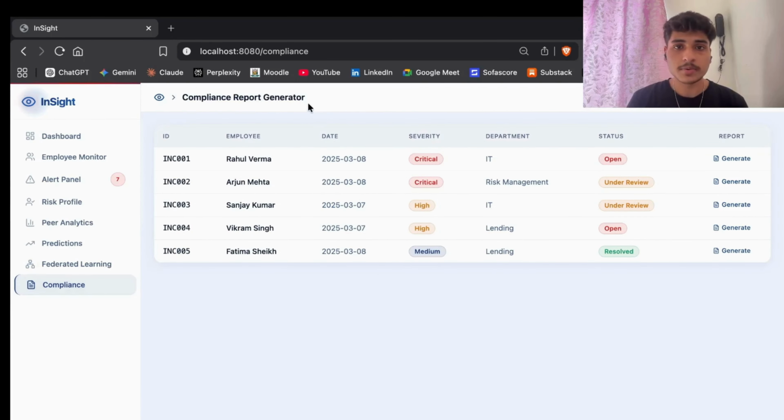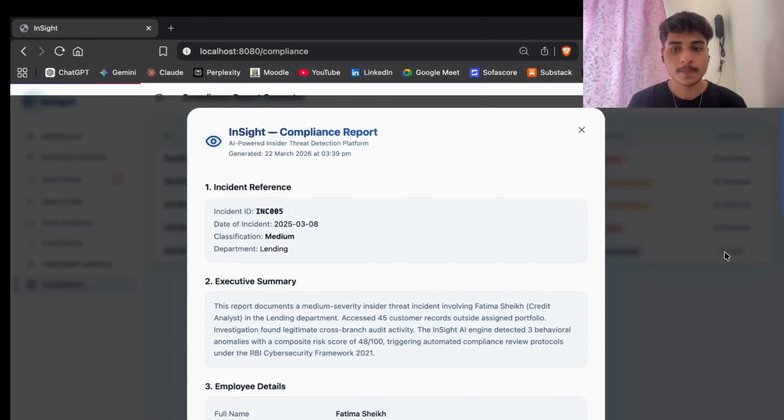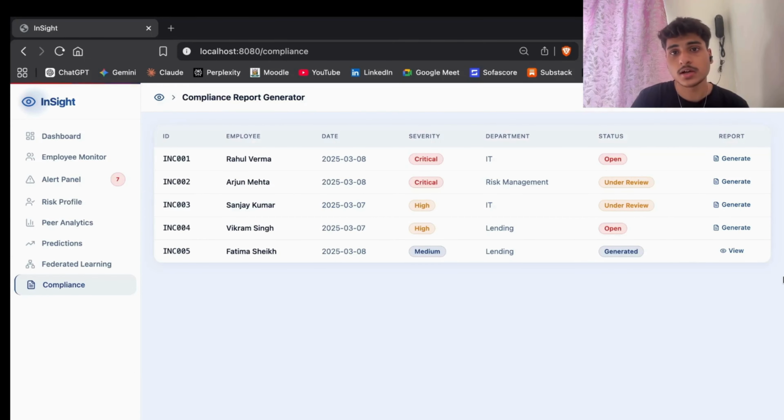And this is the compliance report generator. What this does is you can generate a compliance report for each employee to flag their behavior. So this tackles the present layout for the banks in India, where employees have to manually write out all the flags, or the false or negative flags, or the reasons against any employee to push them out of the compliance as well. So yeah, this is what our project